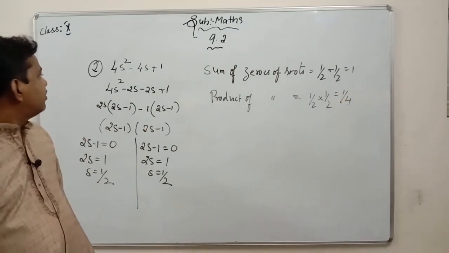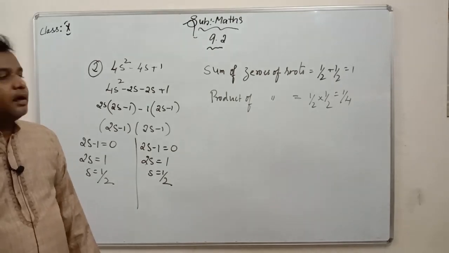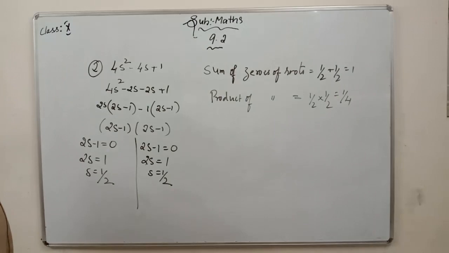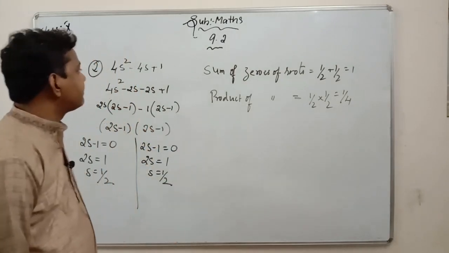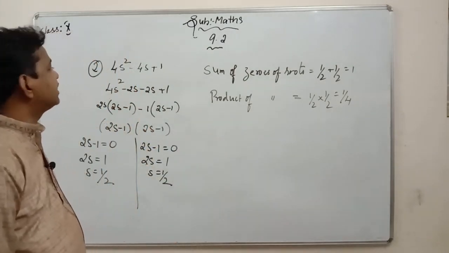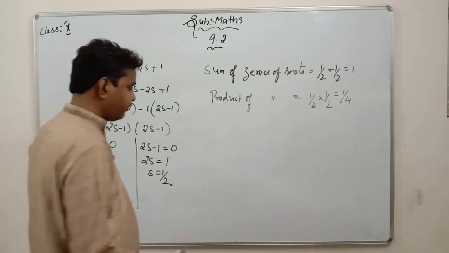That is 4s square minus 4s plus 1, that is one thing, and another thing is 4s square minus 2s, we are dividing it, and at last we are getting s equals 1 by 2, 1 by 2. If you want, you can verify also. So here you will get minus b by a. Minus b by a is nothing but minus 4 by 4 you will get here. If you take here,